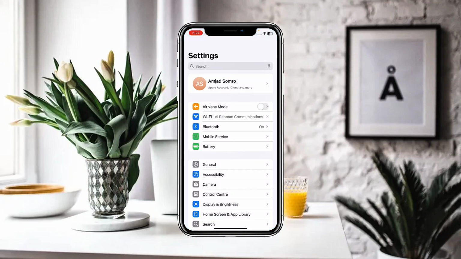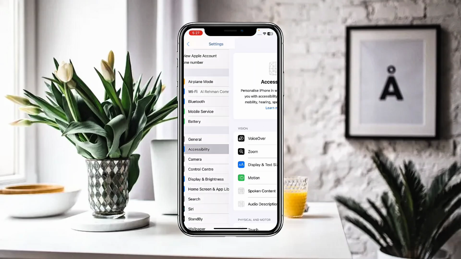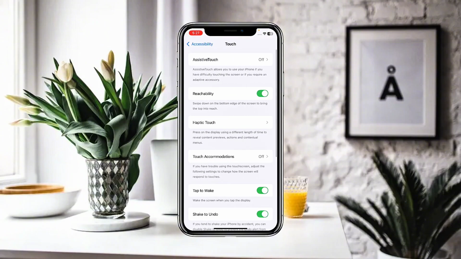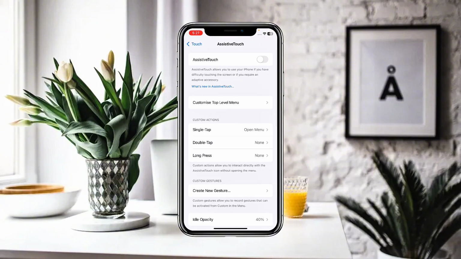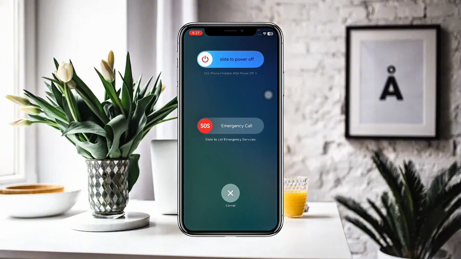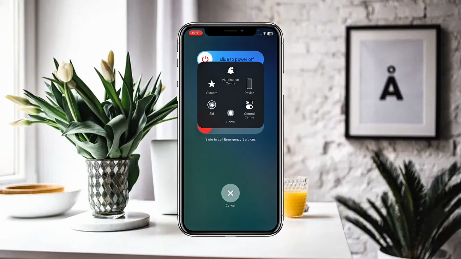You have to go to settings and after that go to accessibility. In accessibility, you have to go to touch and turn on the assistive touch. Now you can simply press and hold the volume down button and initiate the power button, and here you can turn on your assistive touch and click on custom, and after that you have to press and hold the volume down button. After that